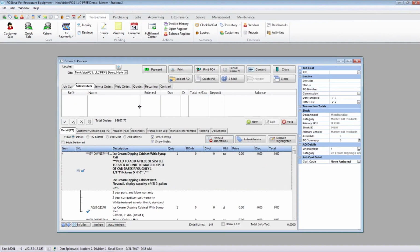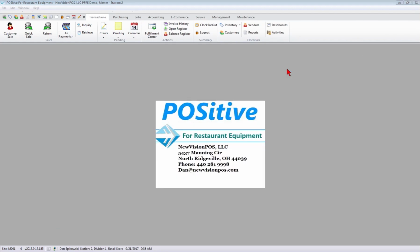So that's how the process is, from taking it from an AutoQuote project all the way through the system, invoicing it, accounts payable, paying the check, the whole bit. That's all been taken care of with almost never touching the keyboard. Now we have